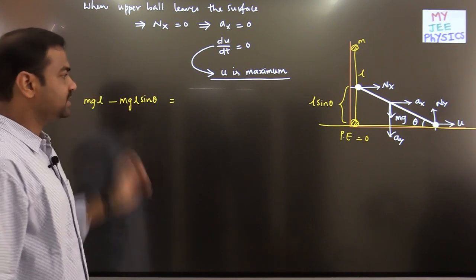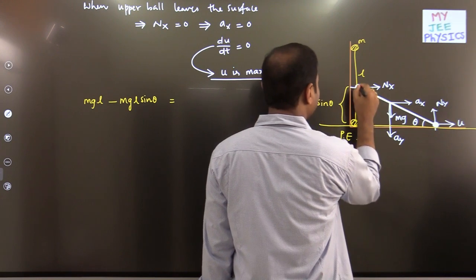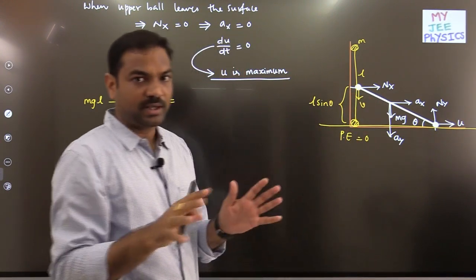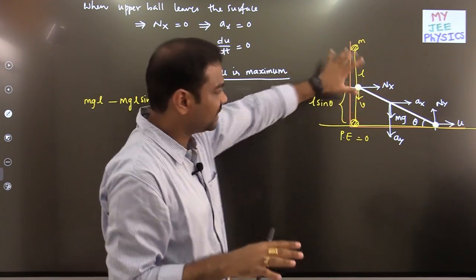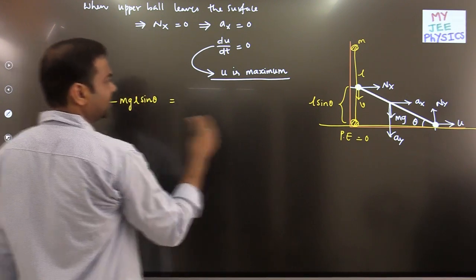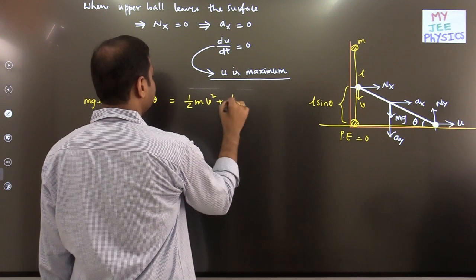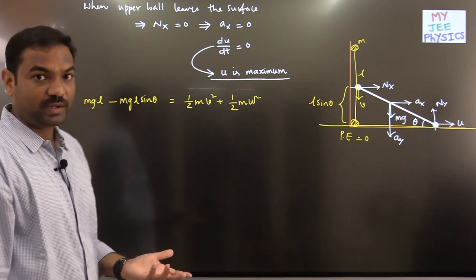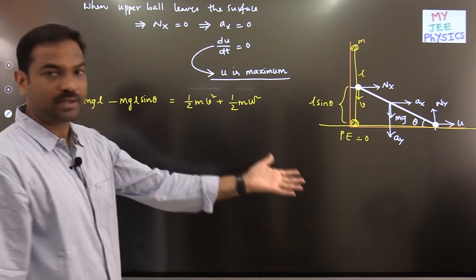So the decrease in potential energy will be equal to the increase in kinetic energy. If it has the velocity u, this will have the velocity v. Please remember, I am not doing it at the time of leaving, I am solving at a random position. Actually one diagram is there, so that's why I am writing everything in the diagram. So what is the increase in kinetic energy? I can write down half m v square plus half m u square. Am I right?